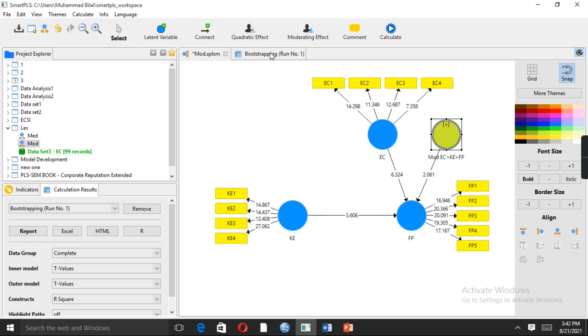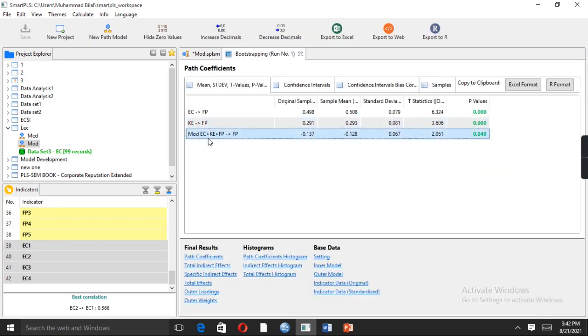exploitation and firm performance. So this one is the result of moderation. We can see that at first the result is negative, because the beta value is negative. However, the t value is greater than 1.96 and the p value is also less than 0.05. The value shown here is 0.04, less than 0.05. So our second hypothesis is also significant, however negative.